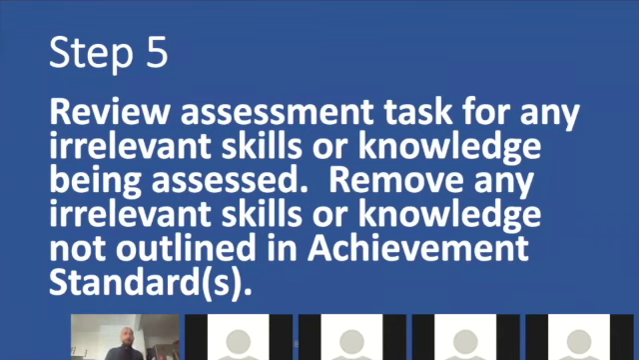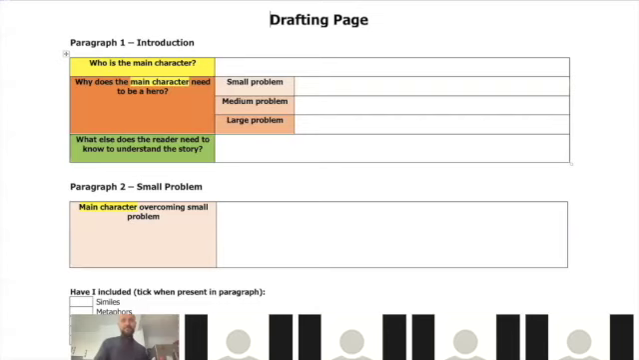The next step in determining and designing universally designed assessment is reviewing that assessment task to look: is there anything irrelevant in there? Is there any relevant skills or knowledge not outlined in the achievement standards being assessed? So if we have a look back to this, this actually comes from the school that I work at. This is from Year 7 English, where the students had to write a story with a number of 3 problems